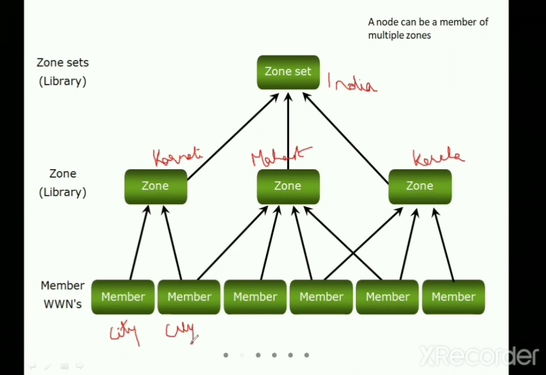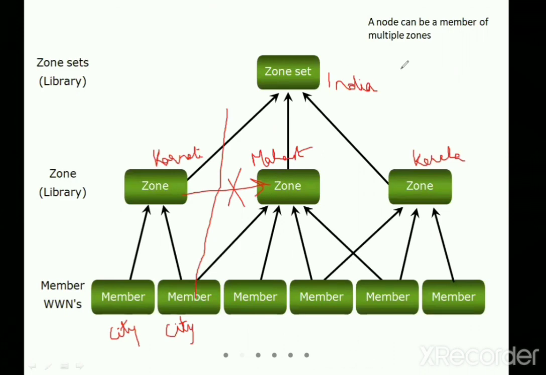Now how is this being related? There might be a city which is sharing the border of Maharashtra and Karnataka, so it is accessing both the services. Even here, the member is accessing the services from the zone, that is from Kerala and also Maharashtra. But please remember, the zone is only one particular zone. It is not connecting to another zone, so this connection is not established between zones. Only a particular zone will have the various members in it, and one particular zone is connected to only one particular zone set. It does not have multiple zone sets.